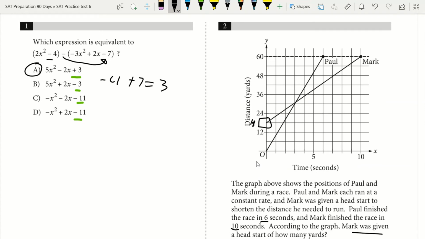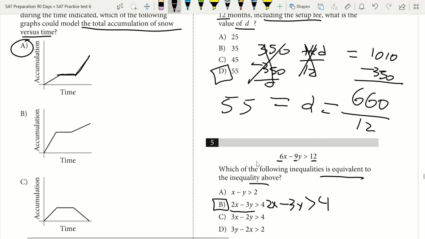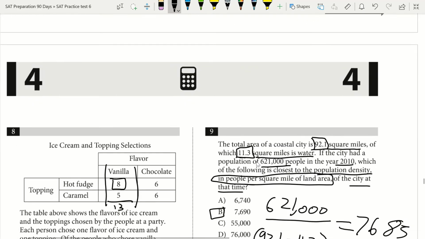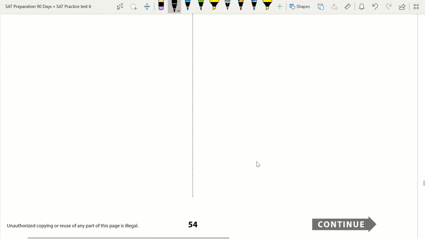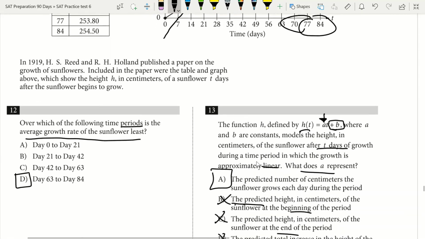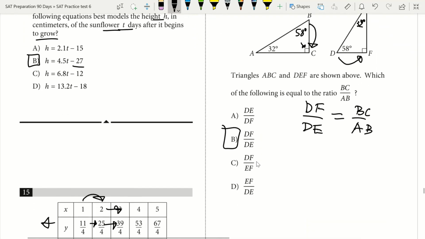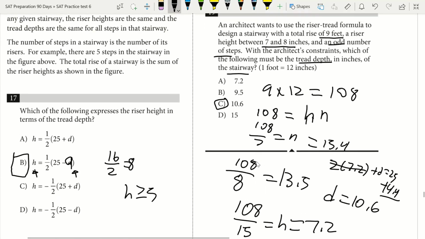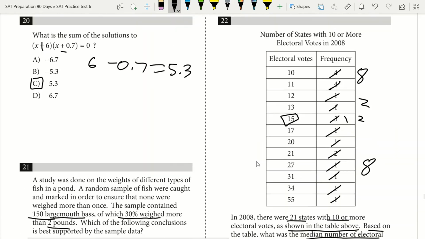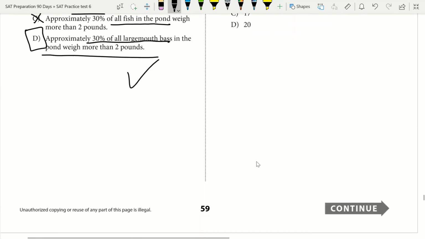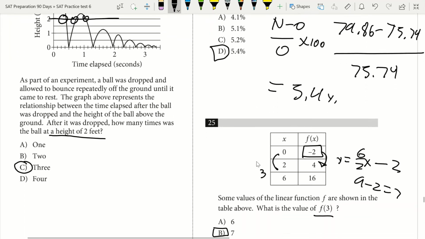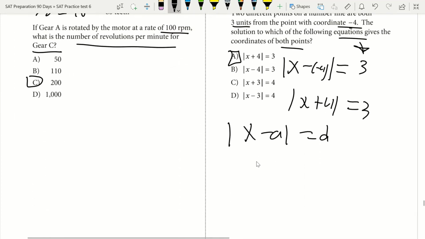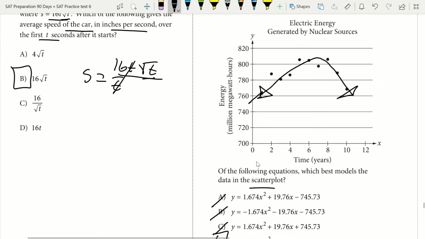So I'll call it out: 1A, 2C, 3A, 4D, 5B, 6C, 7D, 8D, 9B, 10B, 11B, 12D, 13A, 14B, 15D, 16B, 17B, 18C, 19C, 20C, 21D, 22B, 23C, 24D, 25B, 26C, 27A, 28A, 29B, 30D,